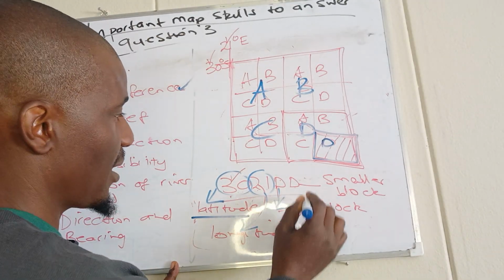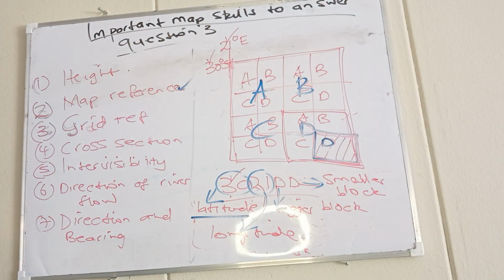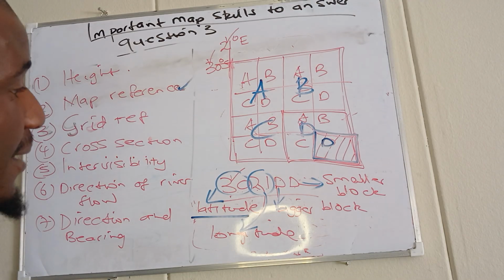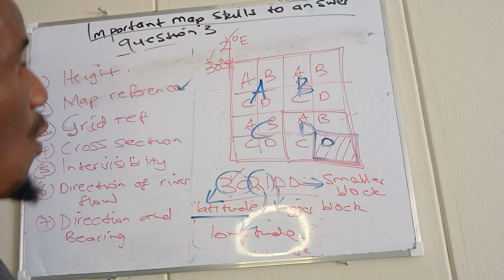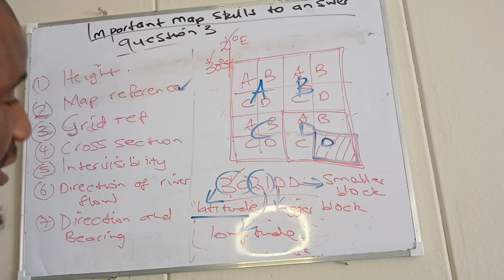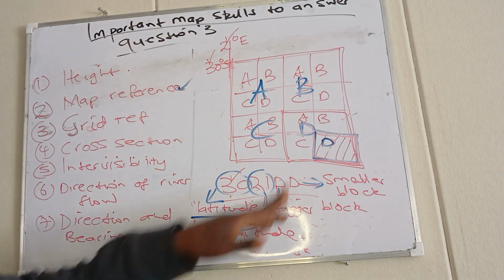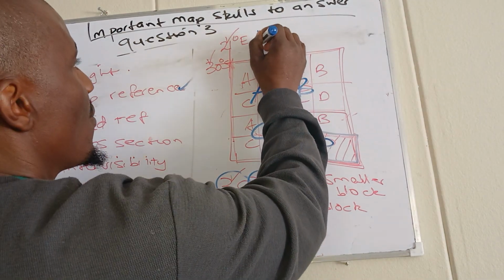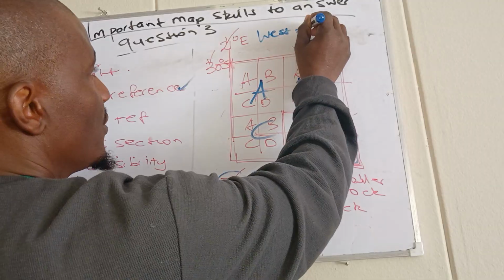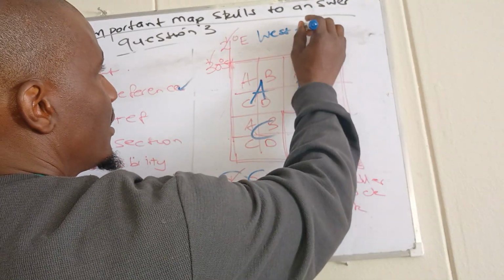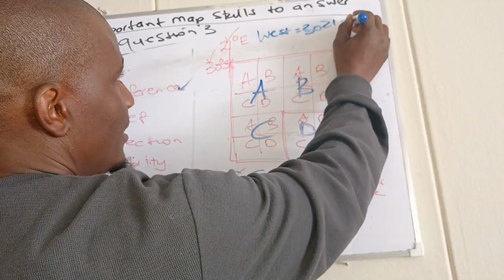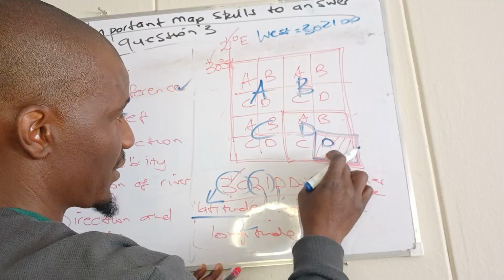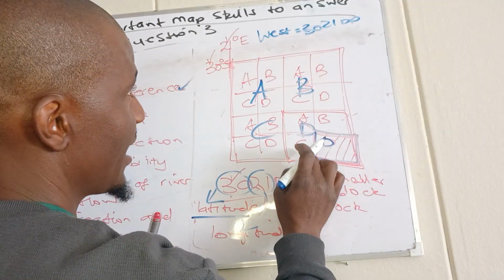This refers to the bigger block. This refers to the smaller block. So you're supposed to know that. You can have a question that says, what is the map west of 3021 DD? So where is DD? 3021 DD is here. So west is on your left, which means the answer there will be